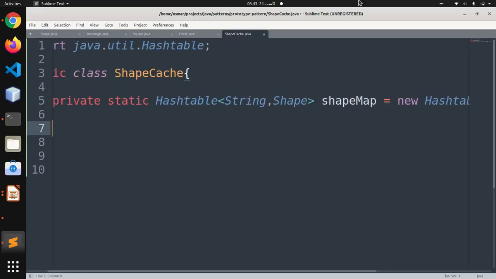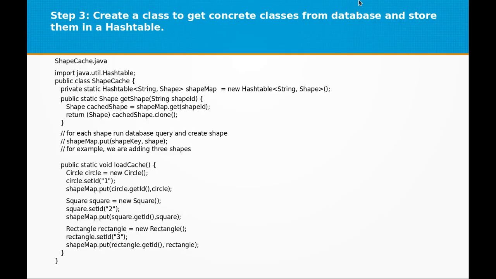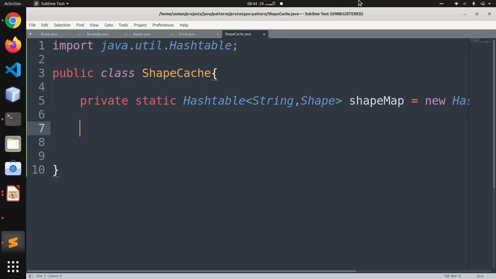So that's our private static object of shapeMap.